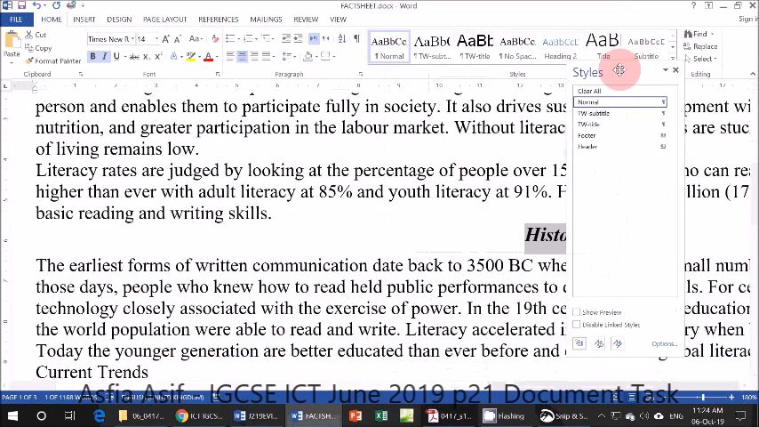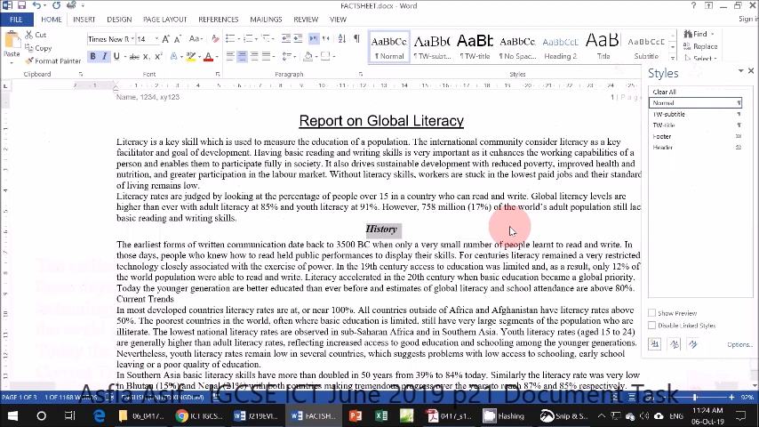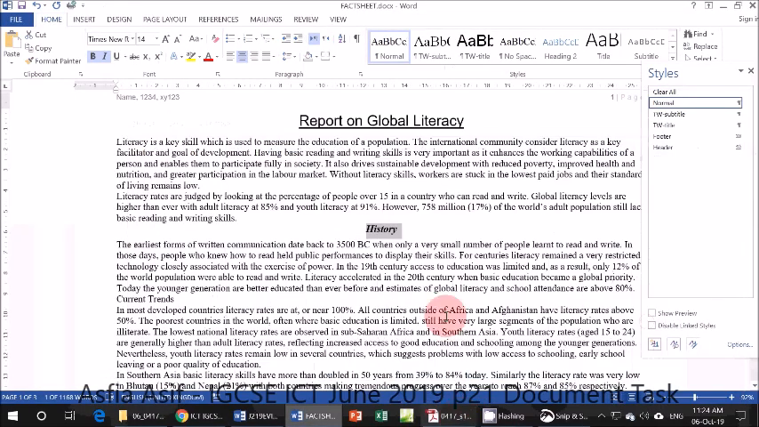So this is your subhead, but you have not saved the style right now. You have just applied the format. You have just applied the text formatting. You have not saved this style in your styles library. So what you need to do, you can see here, when you select it,